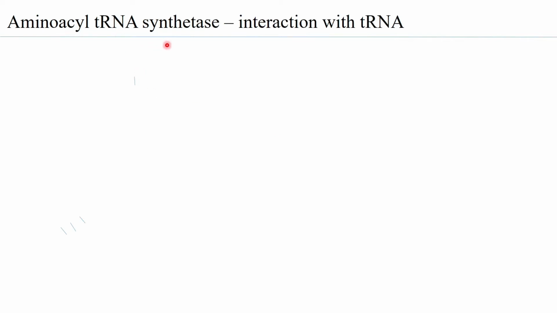Now, aminoacyl-tRNA synthetase therefore has two substrates. One is the amino acid and second is the tRNA. So aminoacyl-tRNA synthetase has a big responsibility in ensuring that it is choosing the correct tRNA to attach the amino acid to. That is one. The second thing is that, say for example, you have an amino acid which can bind